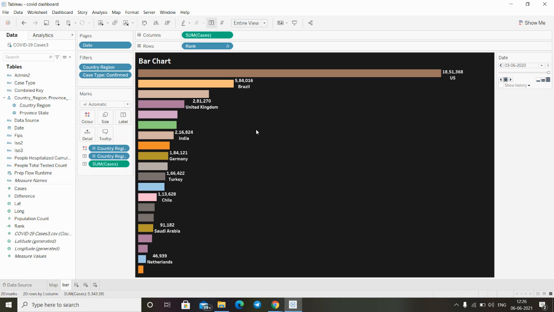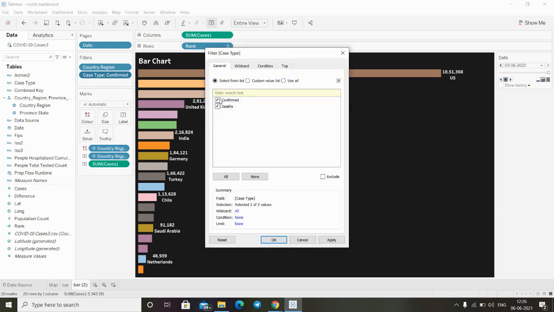For the next task we are going to create the bar chart for the confirmed deaths. In order to do that, we simply right click on this bar and click on duplicate. After clicking on duplicate, we can see the same chart has been created again. In this case, I'm going to take the confirmed death only. Click on this drop down, edit filter, take the death and remove the confirm. Click on apply